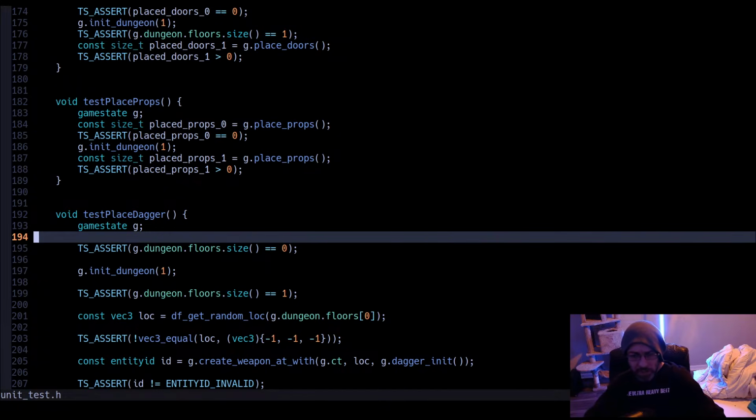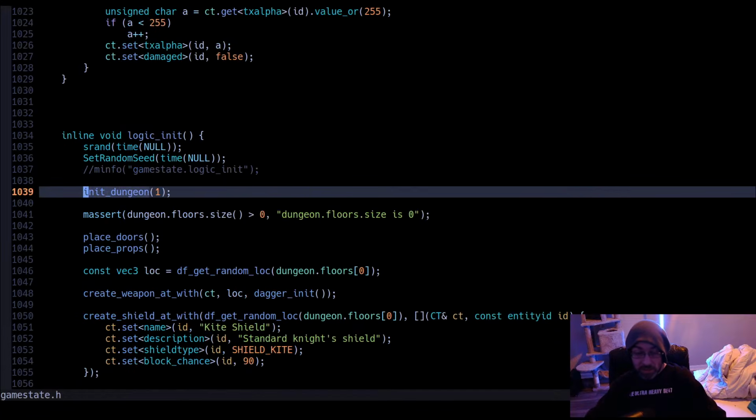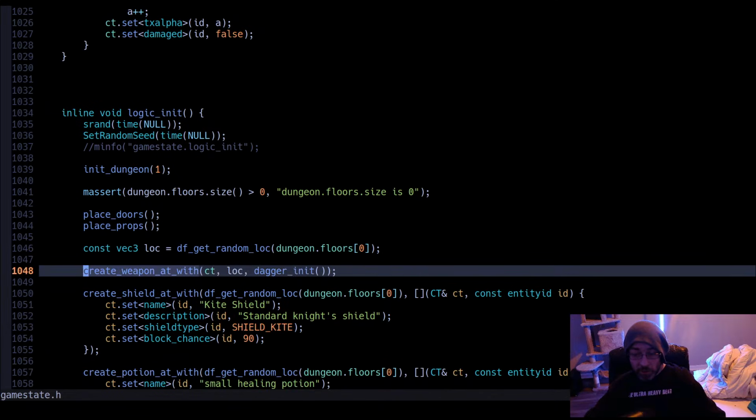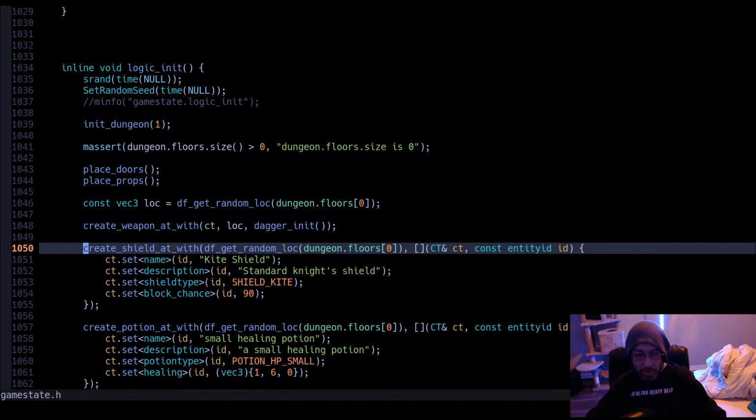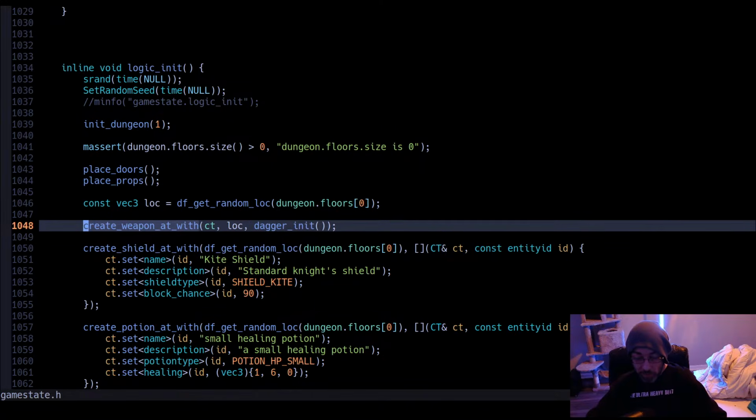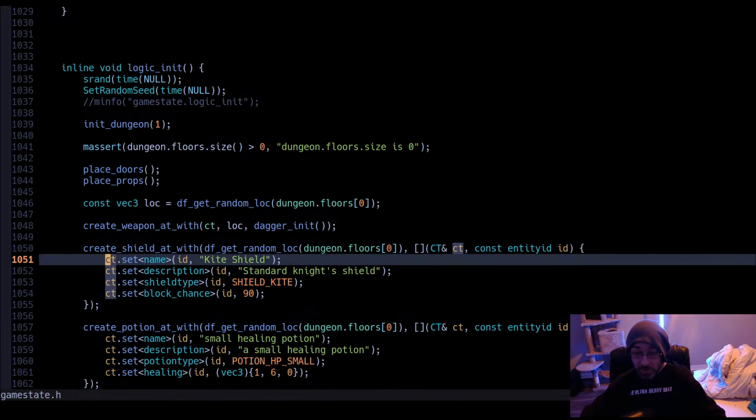So after placing the dagger, what's the next test that we would throw in? Oh yeah, okay. I recently reintroduced lambdas to some of the create functions. Not all of them yet. I still have to do NPC and a few others. But what this will allow for is to create templates.